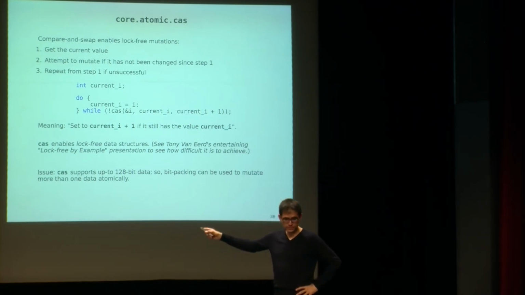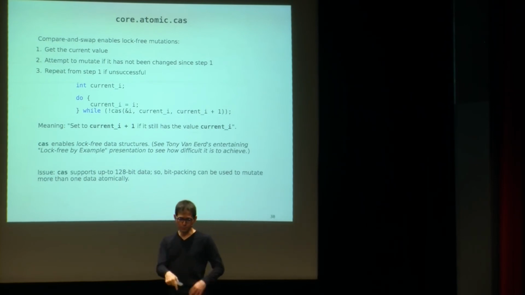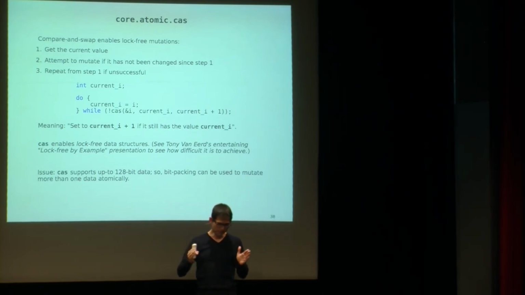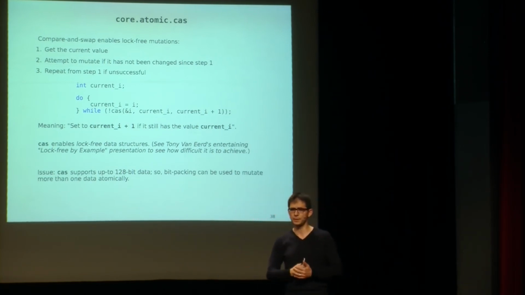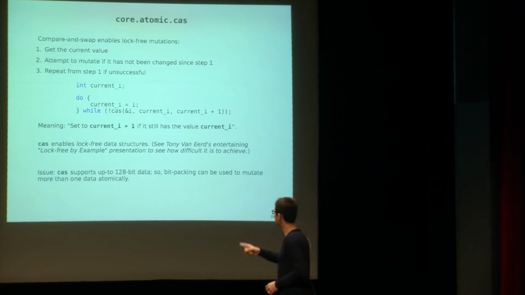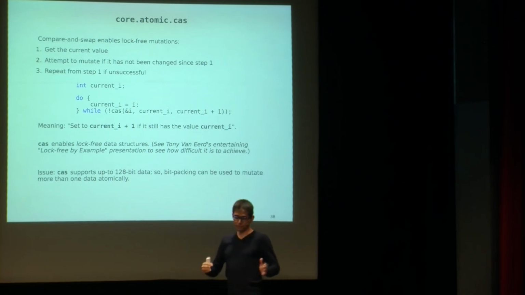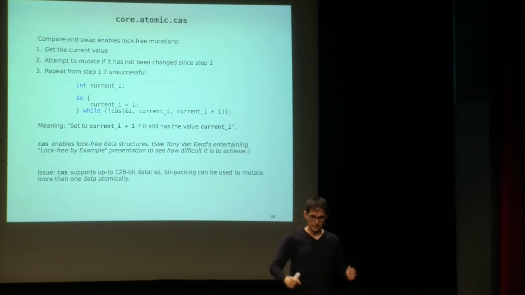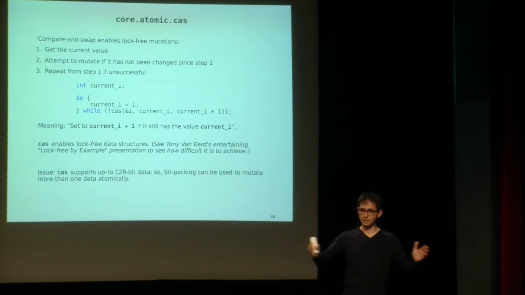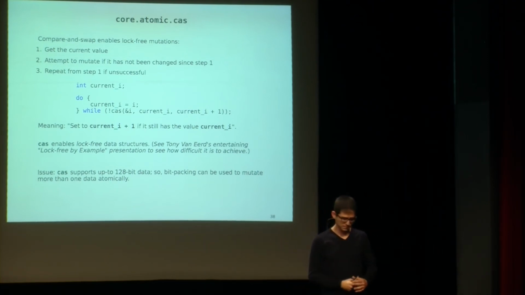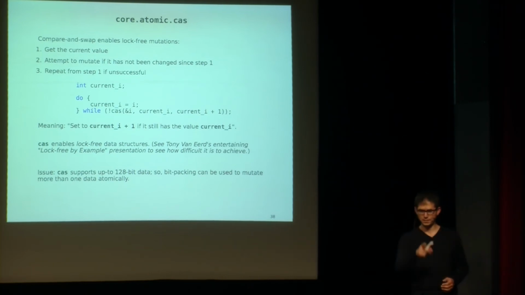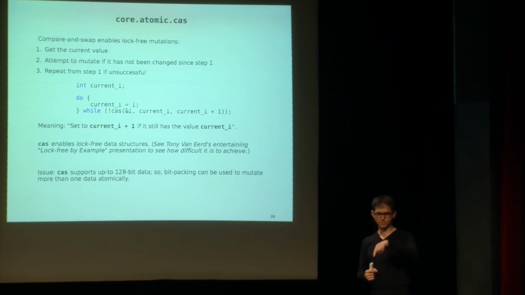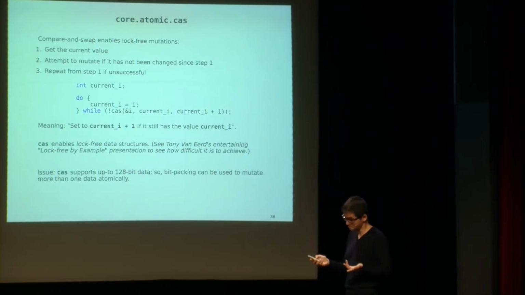And also, another issue, because it's a CPU-provided operation, you have a limit on the data that you can change with CAS. 64-bit, 128-bit, and 128-bit is the tops if you're running on a 64-bit CPU. So what you do, if you want to mutate two variables at the same time, is bit pack them in a 128-bit-wide data. And we're going to learn about bit packing from our good friend Amaury here at this conference. Probably he's going to mention something related.